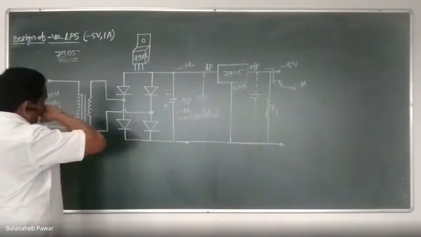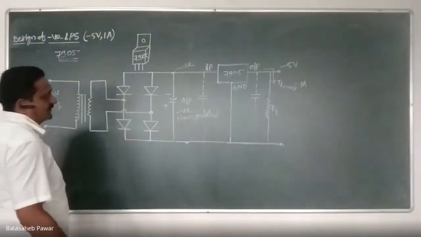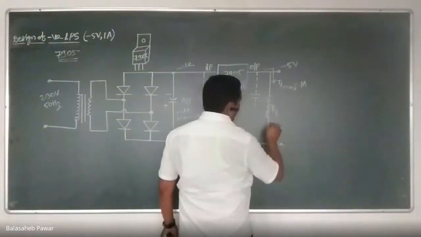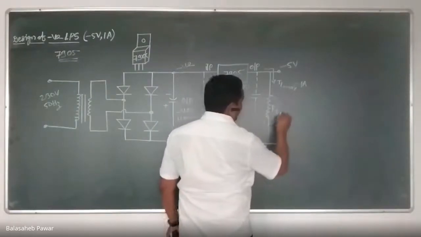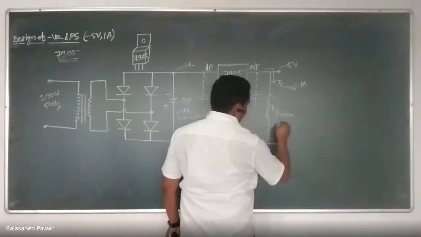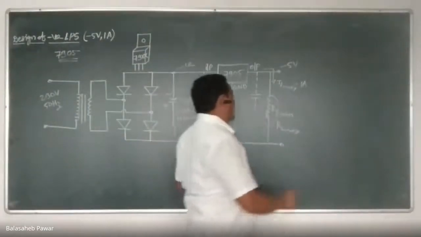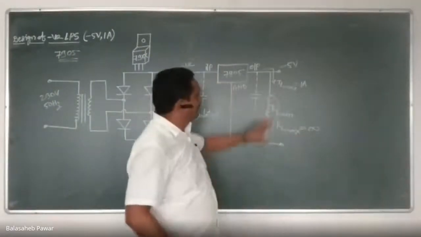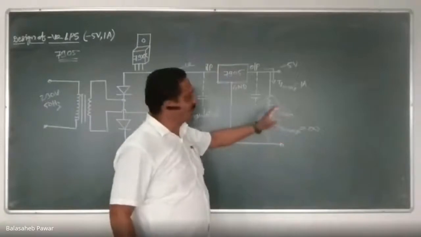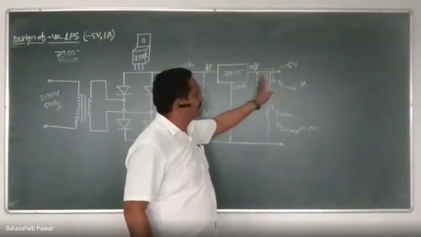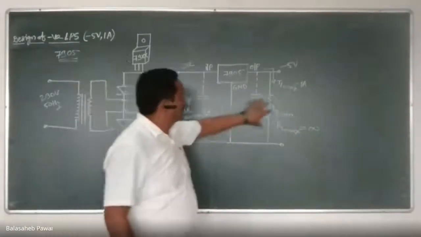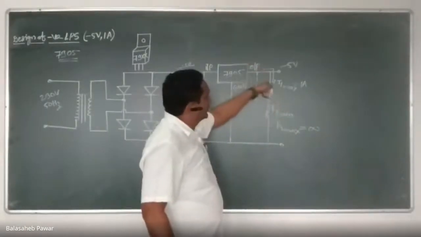Now, our actual design part will be again the same as our previous discussion, but I think during our previous discussion, we did not calculate the value of this RL min and RL max. Okay. RL max, you can keep it up to infinite. That means whenever you disconnect that RL from the output of that linear IC regulator, it will not affect the working of that LPS. Why? Because whenever you disconnect it, the load current will be zero.